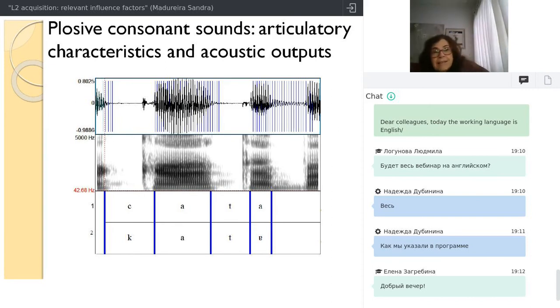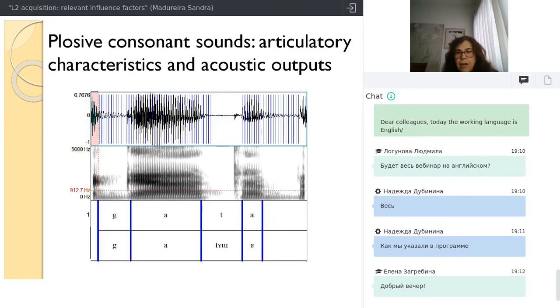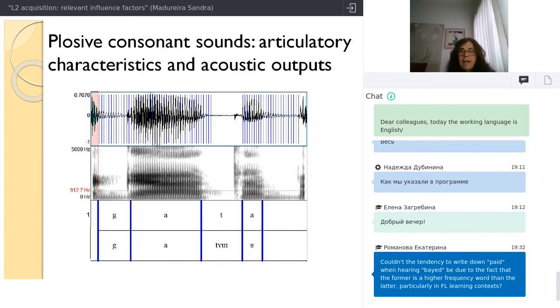The same thing happens in t, right here. You have the silence, right, when in this case the blade of the tongue reaches the alveolar ridge, and then you have the plosion, and then the vocal folds start vibrating, right, for the a sound. Okay, so this is the production of the plosive sounds, and then we have another spectrogram here in which you have the voiced sound. So we can compare. You see that when you say kata in the first one, you had the silence here. But now in gata, this interval is